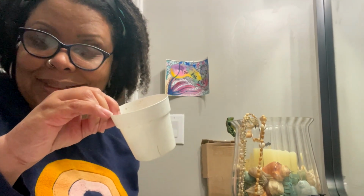So today I have some old propagations or things that need to be potted up, and some things that need to be cleaned. Like I need to clean some pots so that I can repot a couple of things. So we can do it together. How about that? So I'm in my bathroom and I'm using my bug spray